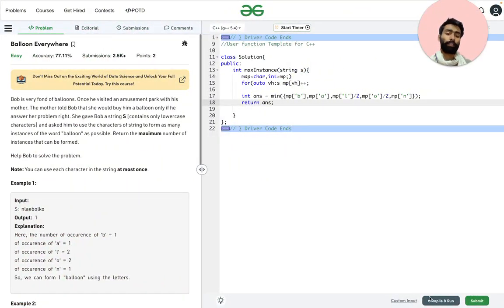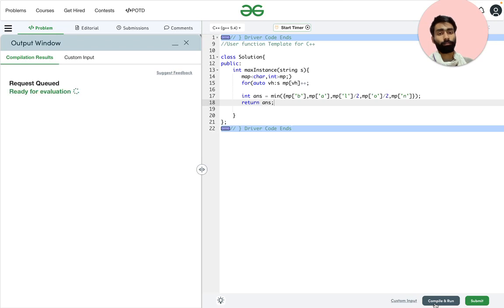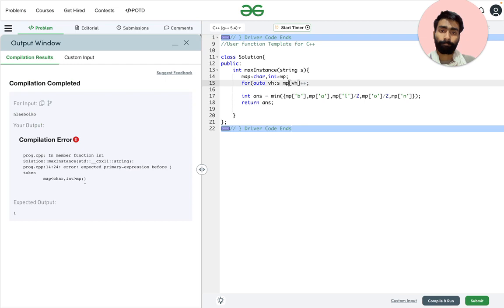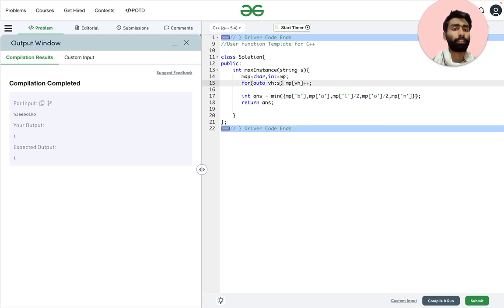So let us compile and run. Yes. It compiled successfully, meaning there is no syntax error and no logic error.